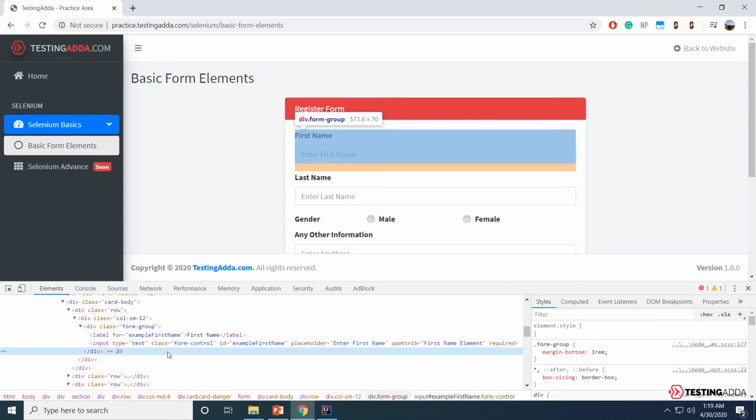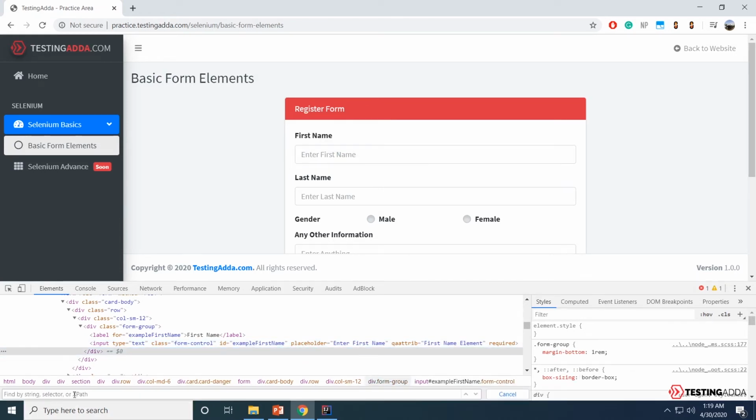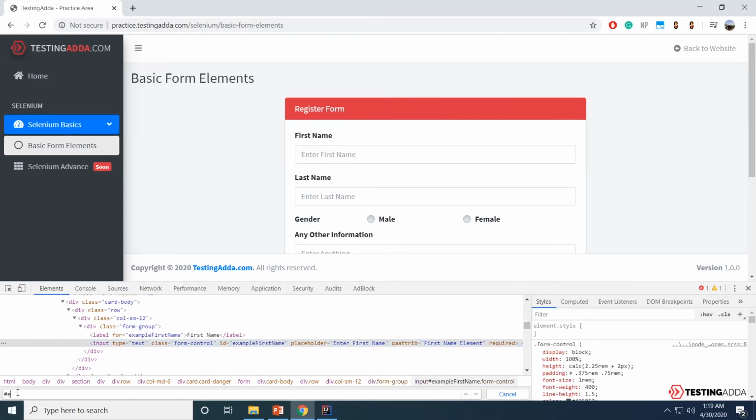I'll press Ctrl F and start writing the CSS selector. The ID in CSS is denoted with hash, so I'll begin with hash and type the ID, that is example first name. As you can see, it returns only one record. That means our CSS selector is done right.